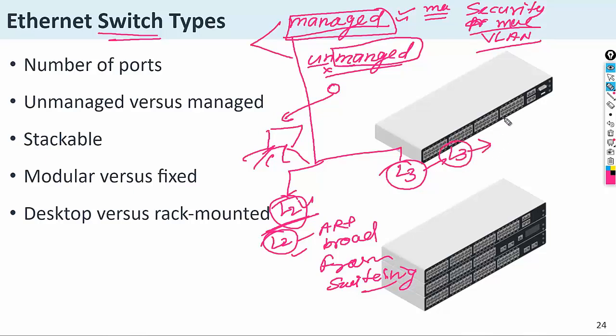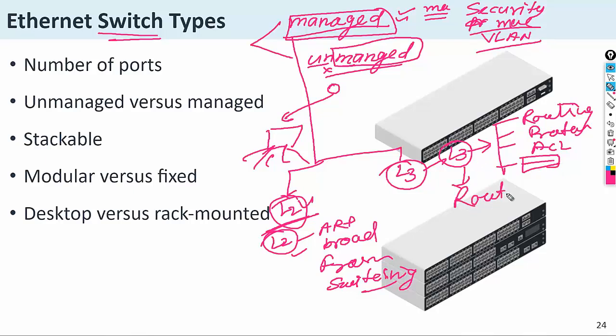On L3 a lot of things happen, like routing, enabling routing protocols, ACL (access control list) and other features which exist inside a router, or basic firewall.